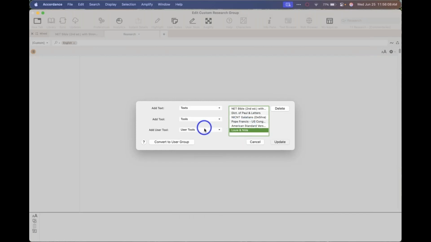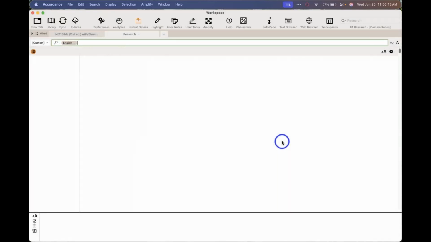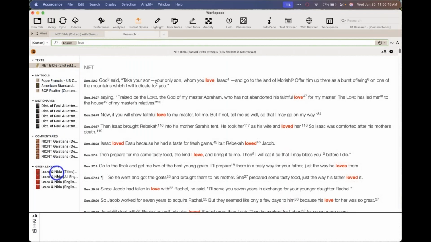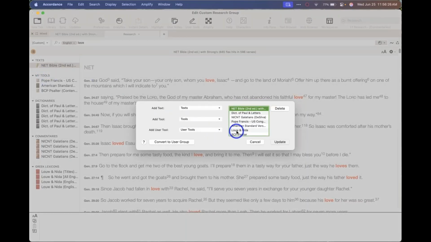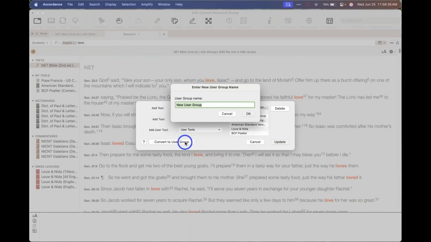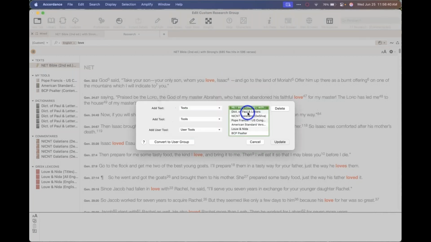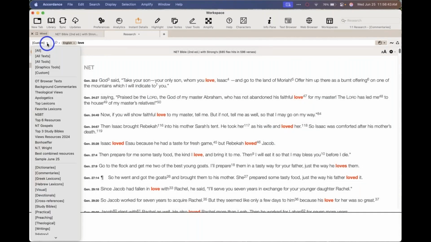You can see here, this can grow and grow and grow. You can add as much as you want, and once you've done that, you can click on Update, and now it will search those things. So if I click Love, it will search the things that I selected. If you want to actually convert that to a user group, which you might even do before you run your search, you can click on this, and let's just call this sample June 25. Hit enter, and it will name it as such,